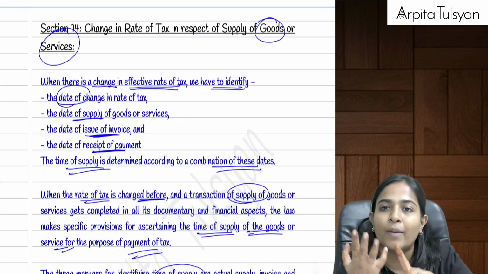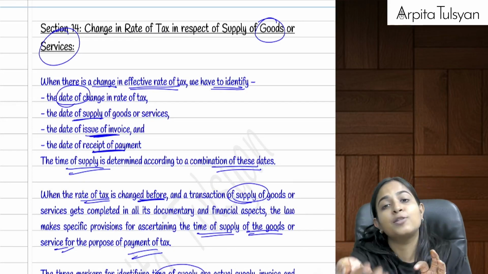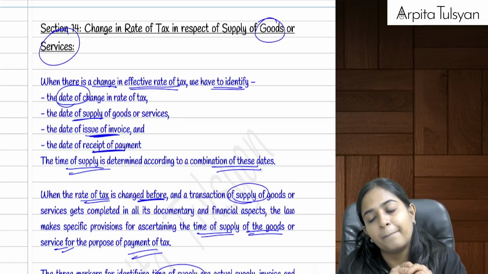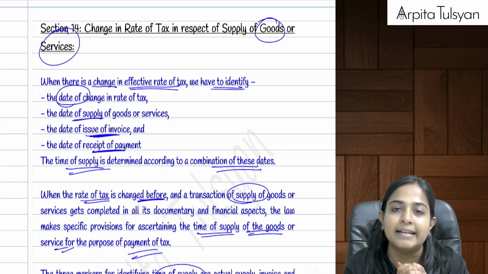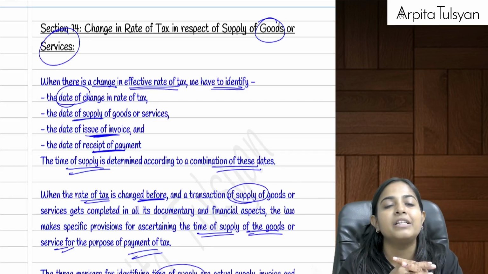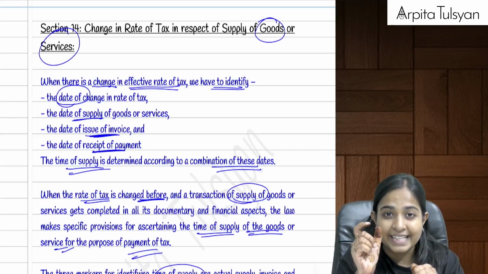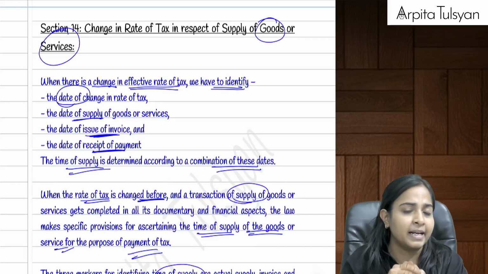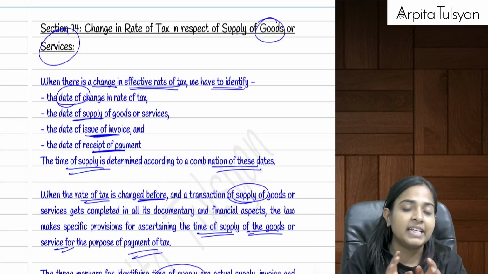Next, I am also required to issue you a tax invoice within the prescribed time. And the next one is you are required to make me the payment. Now let's say in between any of these three dates, if there is any GST tax rate change that is happening, let's say it is increasing or decreasing, either way,